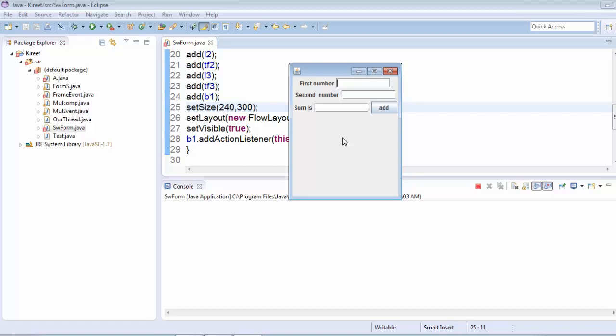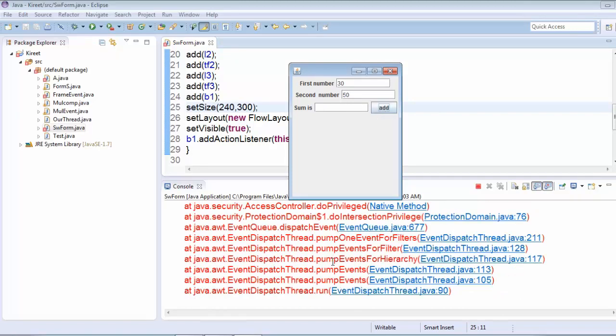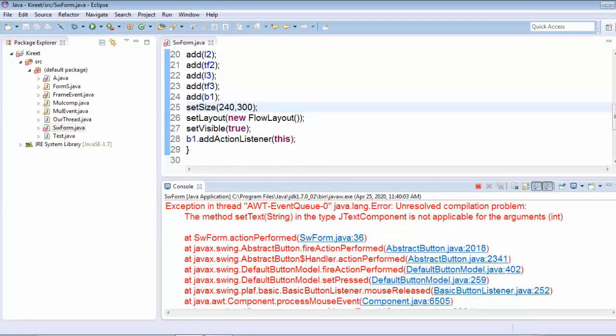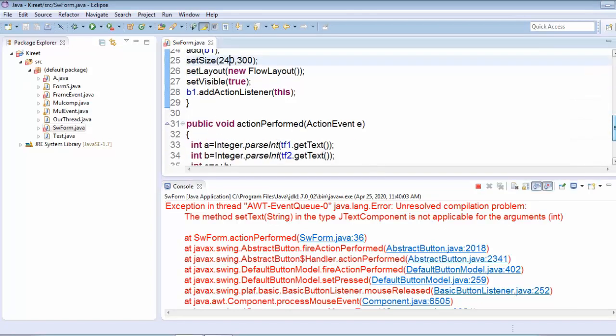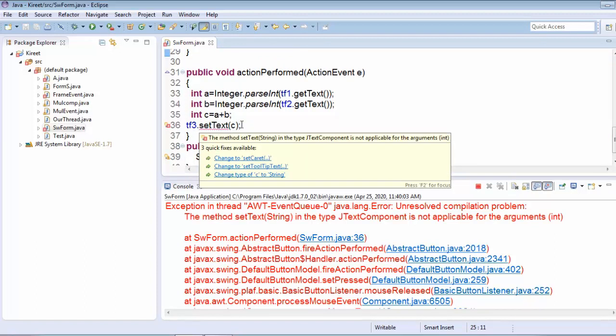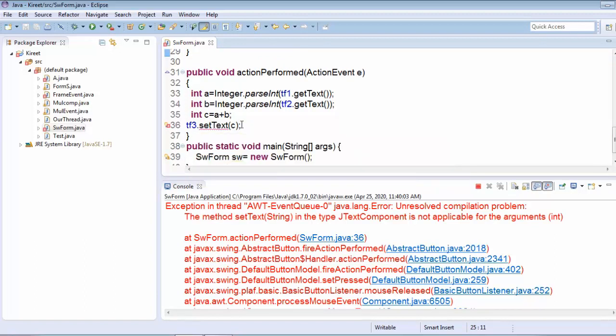Now the first number is, for example, 30, the second number is 50, and let's try to execute it. It has thrown some errors. Let's see what the errors are and what is the cause. It says the method setText(String) in the type JTextComponent is not applicable for the arguments (int). We committed an error because we passed an integer value inside this setText method, and it only identifies a string.